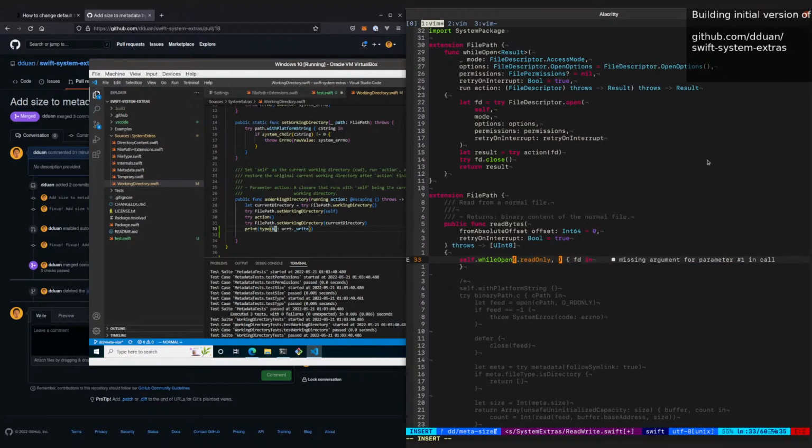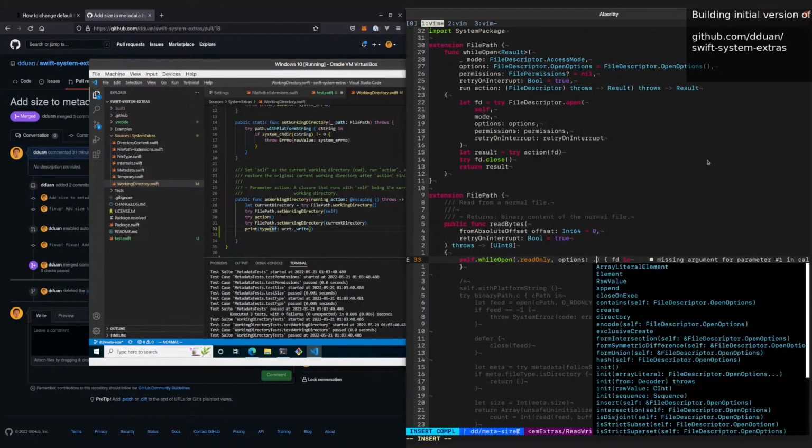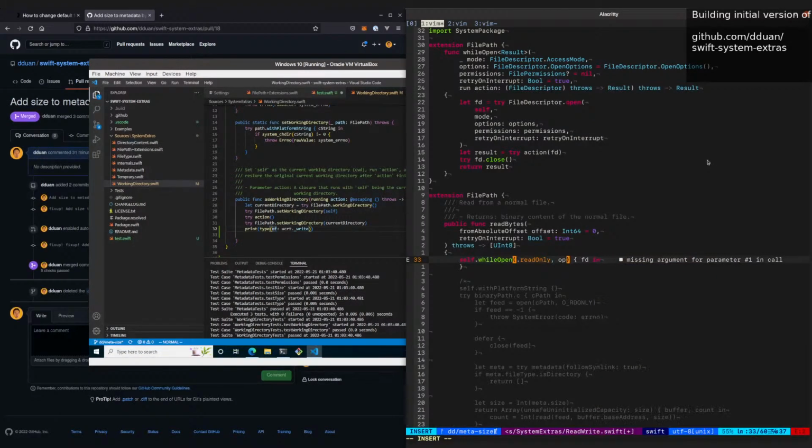We're gonna read only, and then for options, do I need anything? I don't need anything here, right? Read only, permissions, not really. Retry on interrupt, forward. Okay, and here,